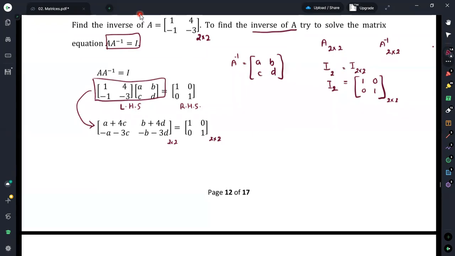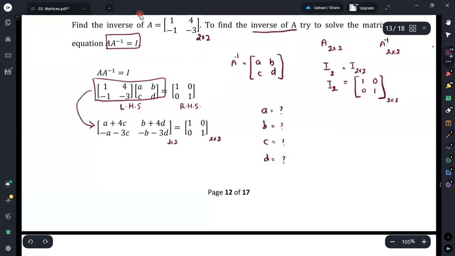It is because we need to identify the values for A, B, C and D. These are the additional terms that we have included for the calculation, not in the initial calculation. Therefore, we need to find out the values of these 4 unknown constants. Once you know the values of these four unknown constants, then we can easily find out the inverse of this matrix A. To find out these constants, we can construct four linear simultaneous equations.